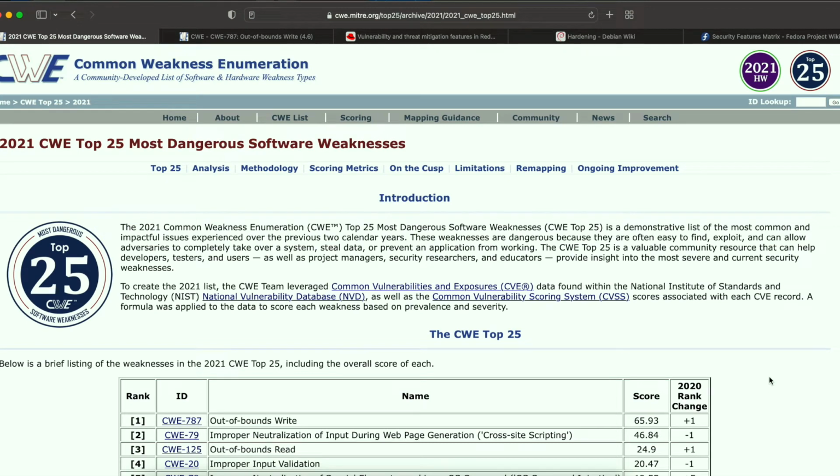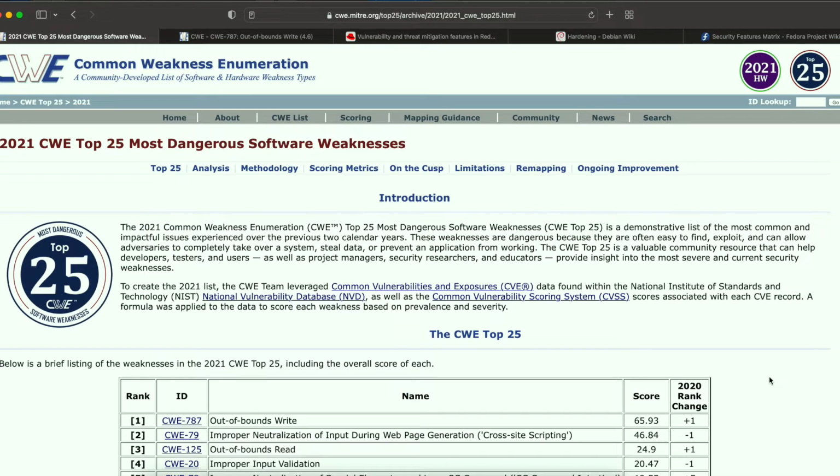Welcome to my channel. Today I'm going to show you some of the built-in security features in Linux and how to utilize these. The intent is to give you an overview of what security features are available in Linux, which can be leveraged to make the operating system as well as applications running in it more secure and protect them